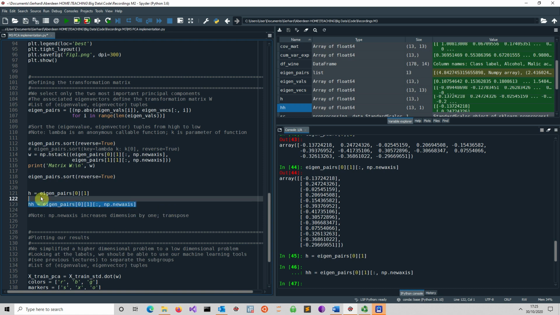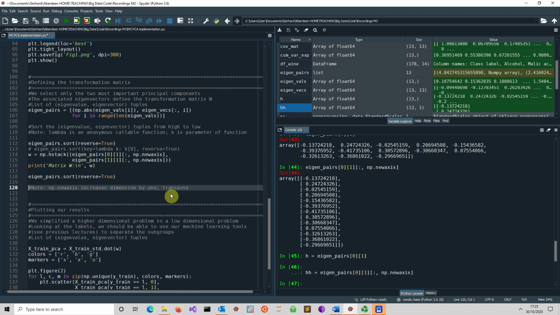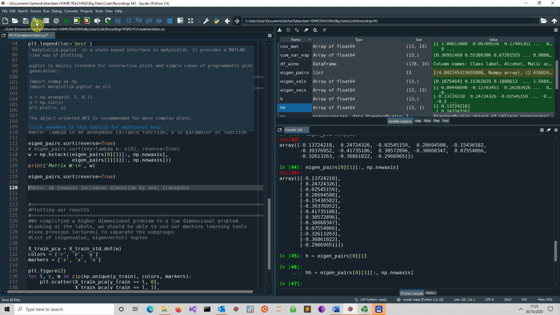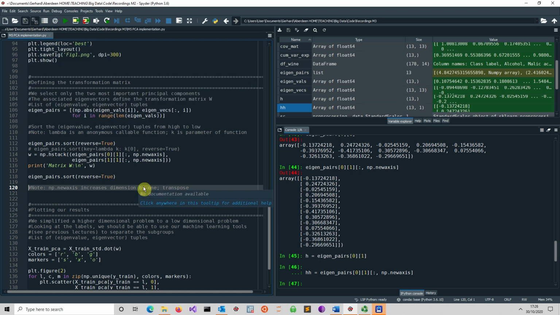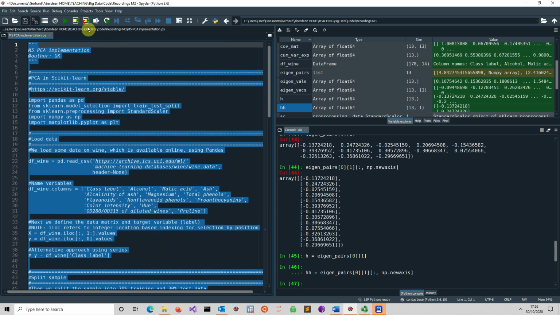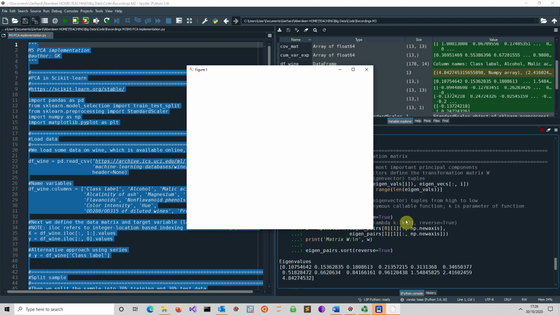But that's just to illustrate what this notation means and how this is related to what we already learned. I think that's quite useful to note. Now the H stack, we know that is a horizontal stack. That shouldn't be difficult. So when we run all of that,